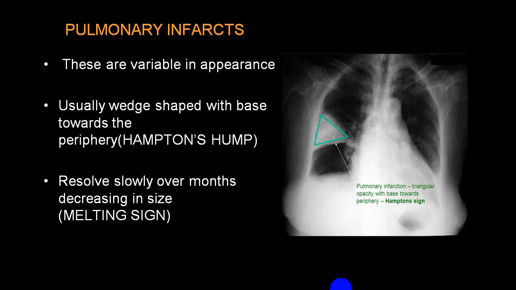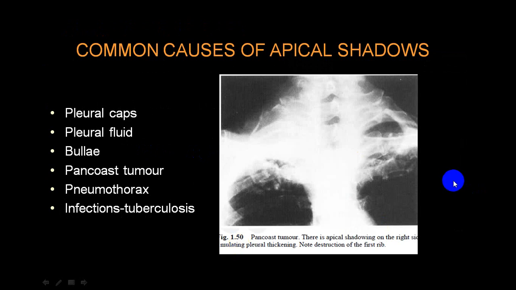Then this is one odd condition which I mentioned before. In a case of a pulmonary infarct, you cannot identify the pulmonary vessel here. And this is a triangular shadow. This is called Hampton's hump. And here what you get is called Westermark sign. So some other time we'll be dealing with that.